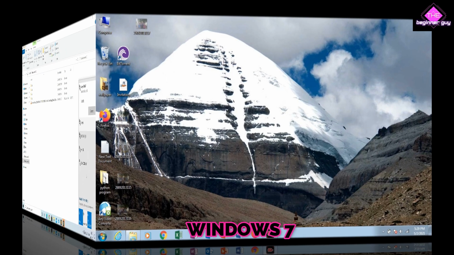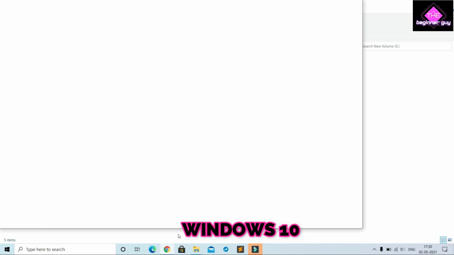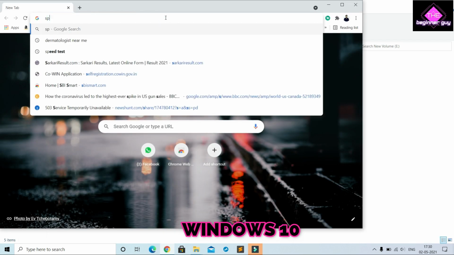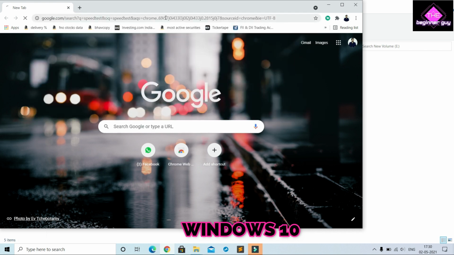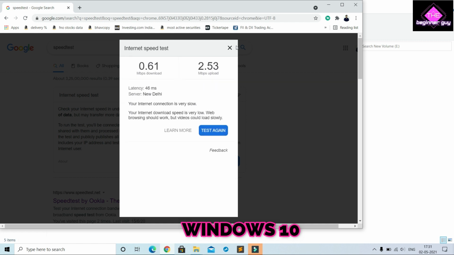Now kind attention please. Opening browser. Speed test. My cell phone connection speed is very less, 0.61 Mbps download and 2.53 Mbps upload.